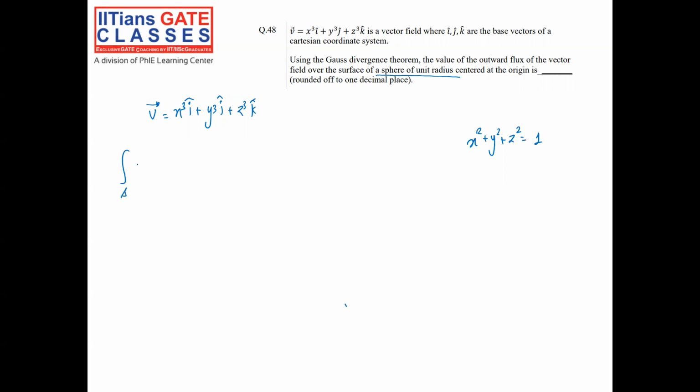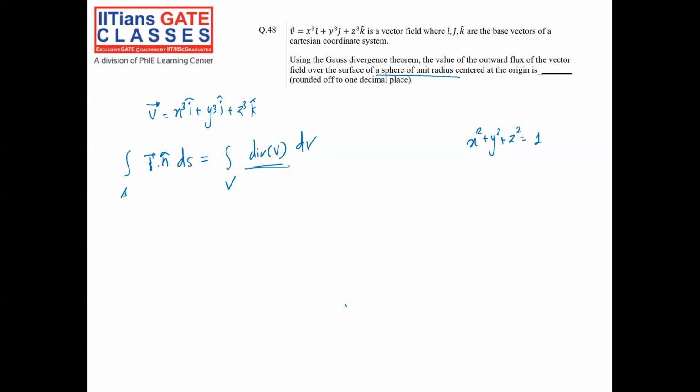f bar dot n cap dS can be written as triple integration, or integration over a volume, of divergence of v into dV. Okay, so let's consider this as a volumetric integral and this as a surface integral to make it simpler. Okay, now